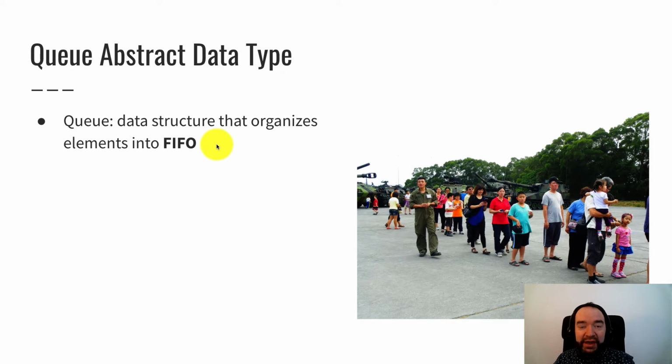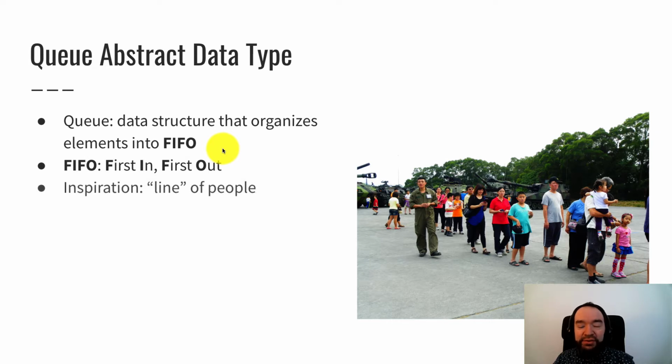You might remember a stack was LIFO, last in, first out. Queue is FIFO, first in, first out. And that corresponds to a line of people when we obey kind of the convention of a fair line. So on the right here is a picture of people in line. And the way that a line works when everyone's being polite is new people go to the back of the line, and when someone is ready to get served or taken or whatever, they come out of the front of the line. So whoever's been waiting the longest goes first. So we call that first in, first out.